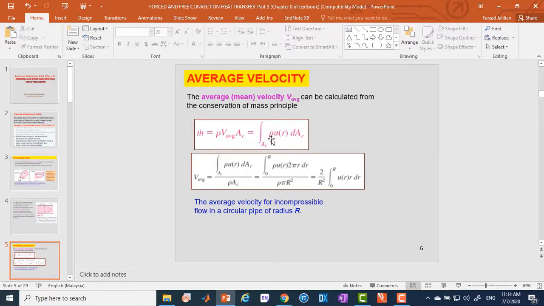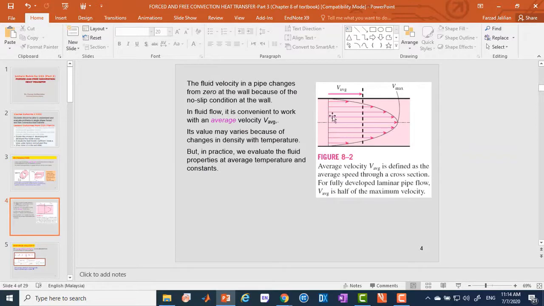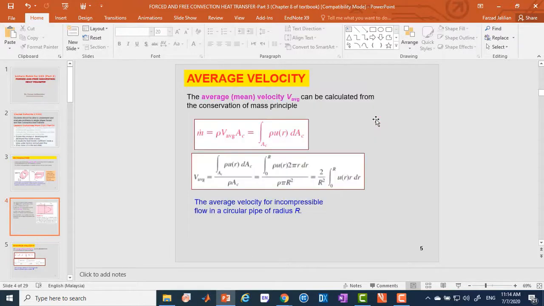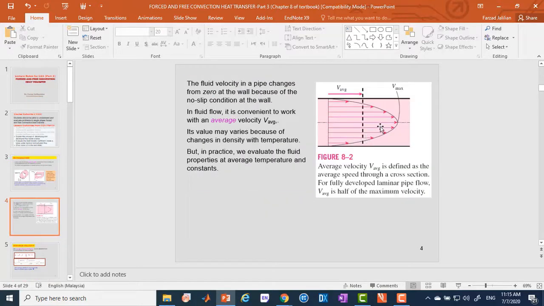Rho is again the density, u(r) is the relative velocity of the flow at a distance of r from the center. Imagine this is a circular pipe, so in this direction we have r, lowercase r. So for different r, for example here